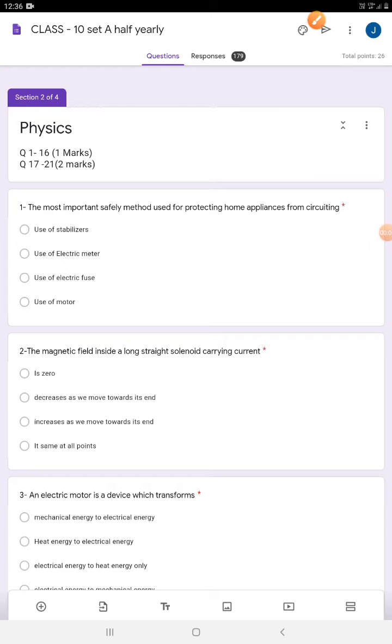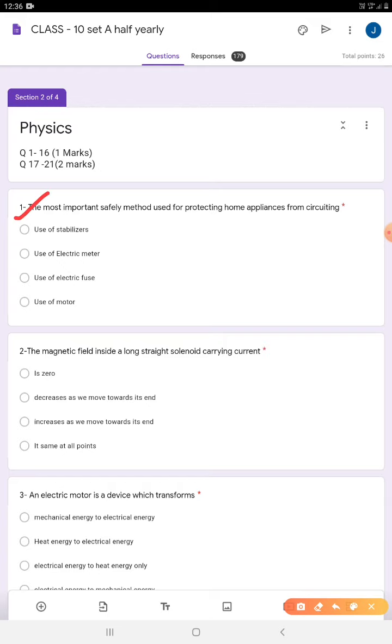Good morning, dear student. Today we will discuss our half yearly exam paper. As we know that there were 21 questions of physics, so we will solve each question today. And if you face any kind of difficulty, any kind of problem, then after that you will ask me. Okay. Now at first look at the first question.